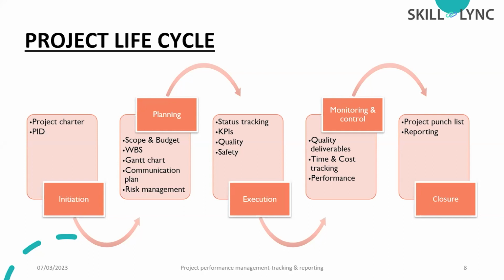For every construction project, there is a set of risks or possibilities. So we will come up with a proper plan, that is, if one particular risk happens, how can we mitigate that? That should be there in the planning phase. After that, we will go to the execution phase, where all the plan will turn into action. So what are the deliverables that we have? Main will be the status tracking, because the execution will be happening, that is, the construction will be progressing. So we need to track the status, like what is the current status of the project.